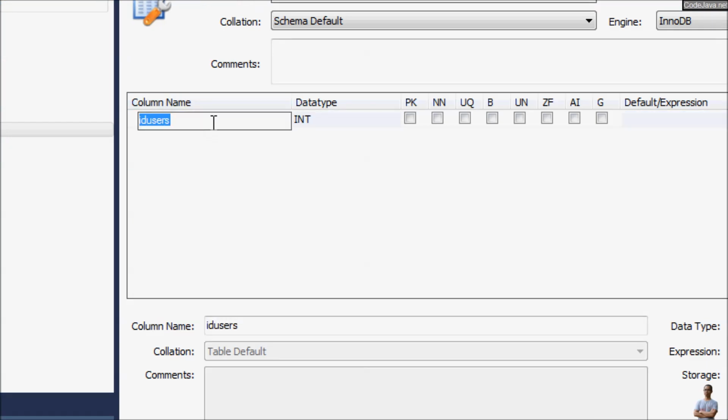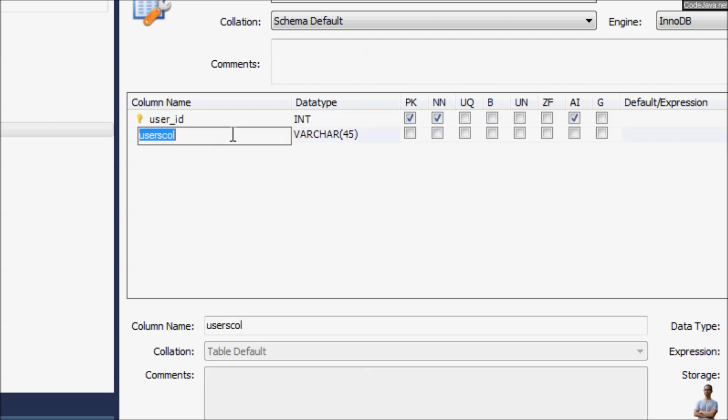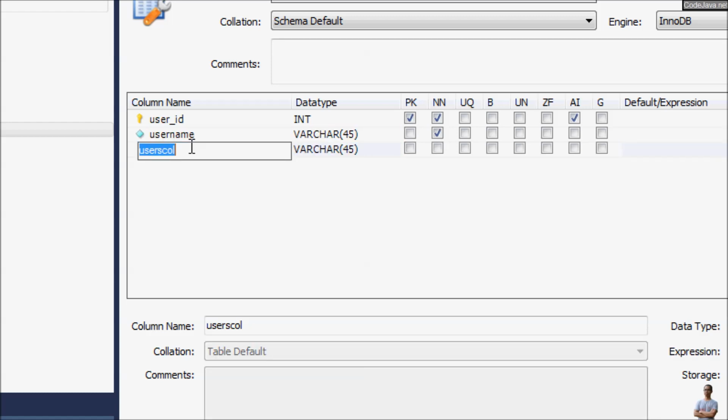The first column is the primary column, user_id, PK, primary column, not null, auto increment. And the next column is username, VARCHAR(45), not null. Third column is password,